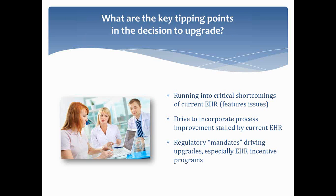All right, so what are the key tipping points then in the decision for a practice to upgrade? All right, so if you look at what we just covered, but what are really the key drivers? What I have seen and what my partners have seen at C3 Partners from a standpoint of what's caused recent upgrades, and again, I haven't sequenced these necessarily in priority sequence, but the whole issue of the current EHR isn't providing the features that are needed in today's healthcare world, particularly for specialists, the radiologists, let's say, needing a more comprehensive solution